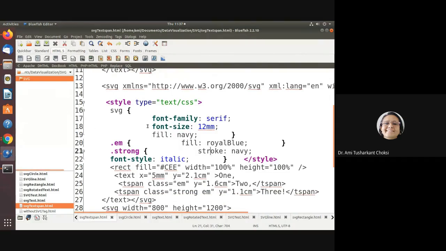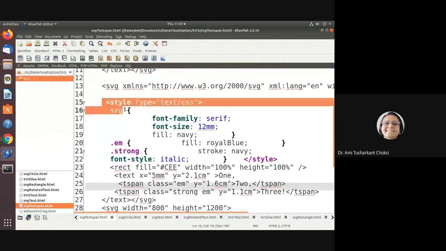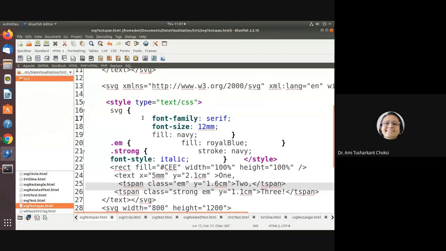Now that's what we are specifying with the help of the style tag, right? See, one way is to specify the style with the HTML tag itself, that is inline. And the second way is that we can specify it with the style tag, and inside that we can specify the tag, or otherwise whatever class we want to specify. So if we want to say em is the class, we'll write it as .em, and whatever properties are there for the style, we will provide here.